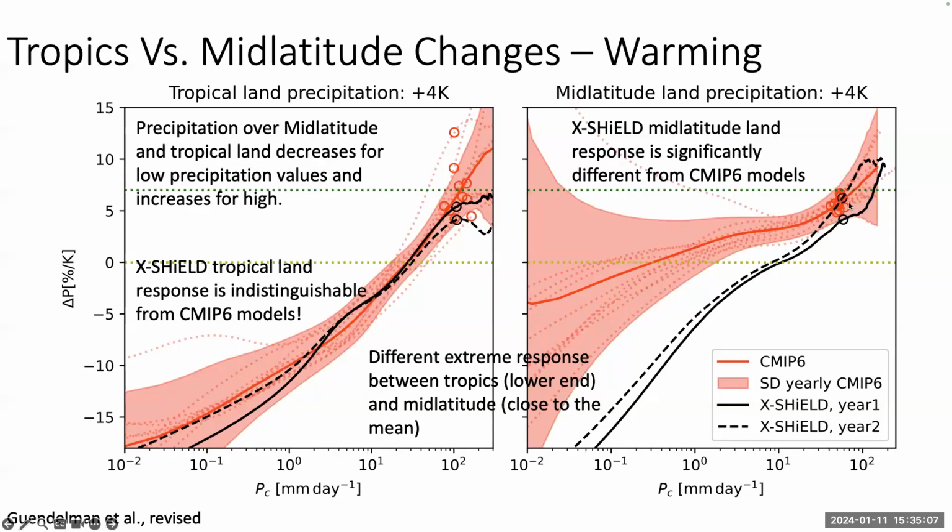Interestingly enough, when we look at the extreme response, where again the circles represent the 99.9 percentile, the response of X-SHiELD and CMIP6, at least 1 year of X-SHiELD and CMIP6 response of the mid-latitude agree within almost all models, agree about the response, where for the tropics response of the extreme events, the spread is pretty large. But this is just a different point. What we are interested in is the fact that we have a very large difference between X-SHiELD and CMIP6,